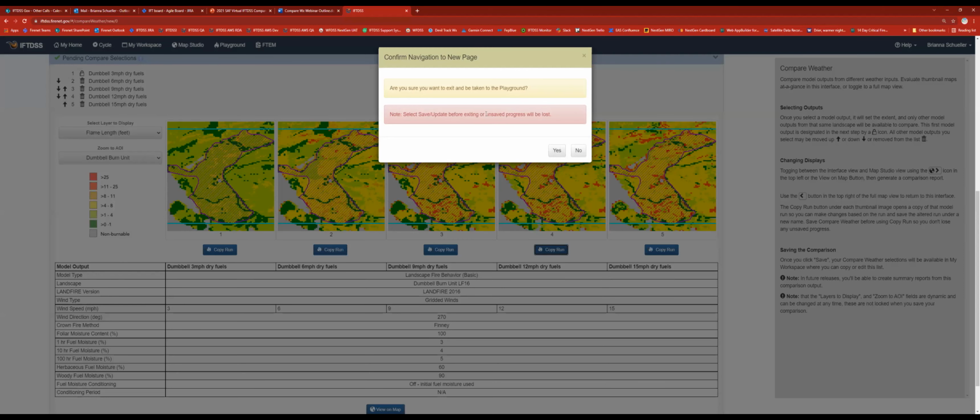And it's giving me a warning here in red that I haven't saved this session. If I want, I can save this grouping of model outputs and come back to it later. But it's also just telling me, hey, if you want to do this, we're going to take you to the playground to run that model. And so if I click yes,